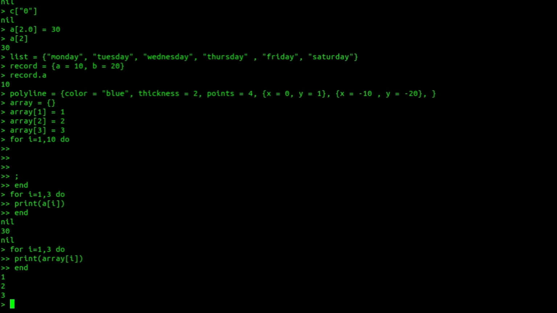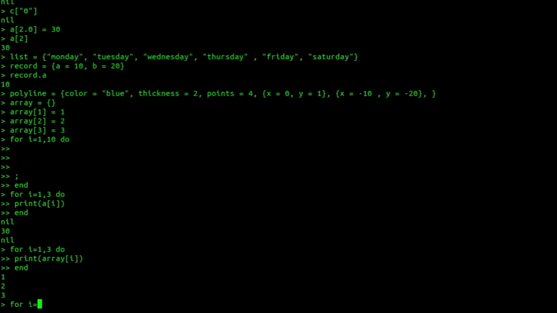You can use this operator for sequences also, which gives the number of elements in that table or list or sequence, whatever you call it. This is useful when you are iterating over sequences, like you can use it in this way, for i equal to 1 to hash of your table or sequence.